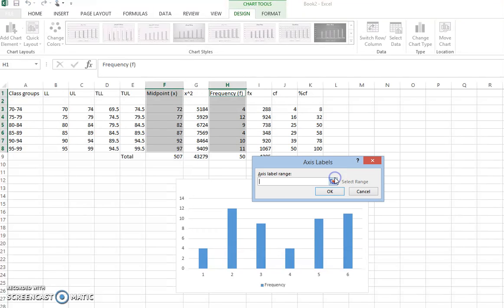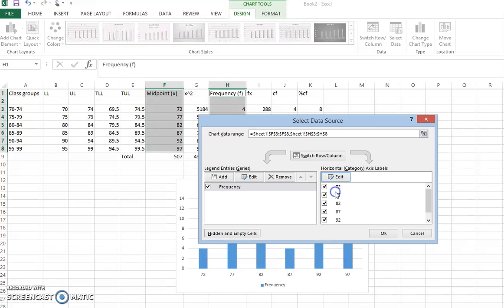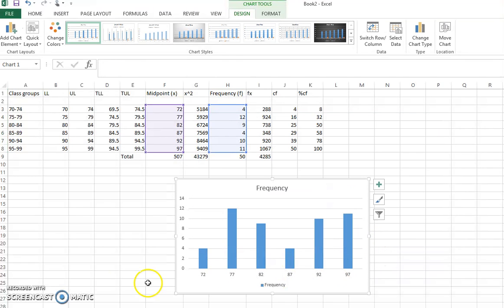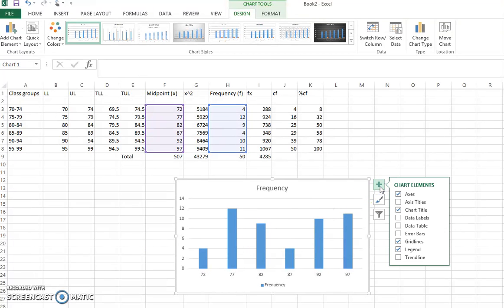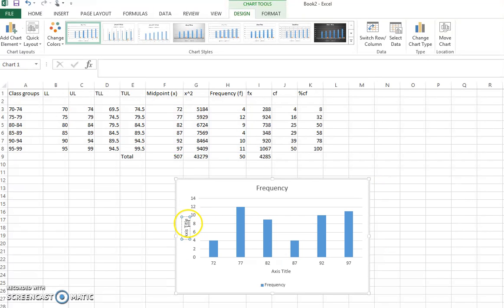Okay, then we're going to edit here, and we're going to select our midpoint range, which is those pieces there. Click on the select button there, and OK. And you can see now we've got our midpoints as our horizontal category, and you can see they're also in here. So already our graph is looking a lot better. We need then to add axis titles. So you can call this would be your